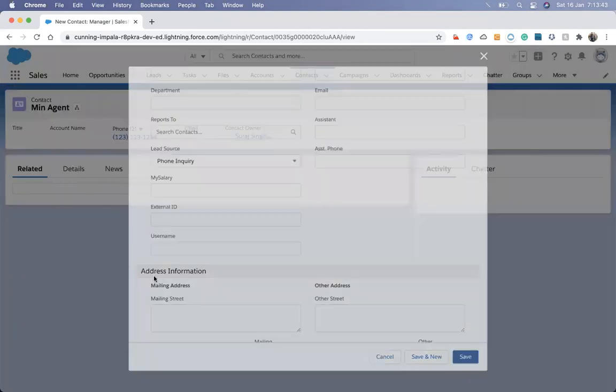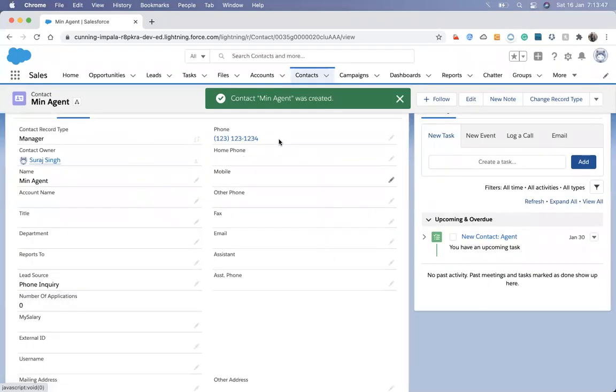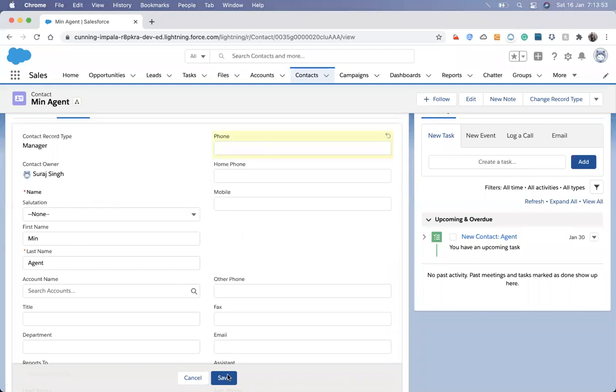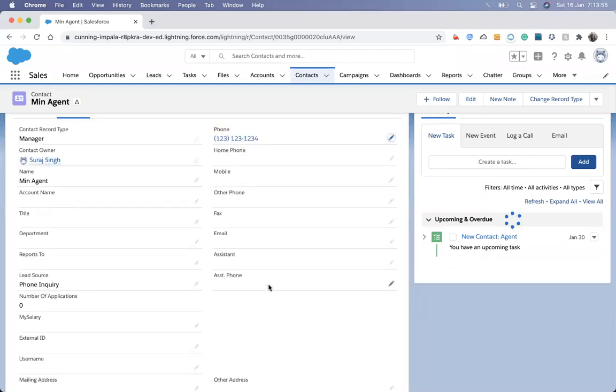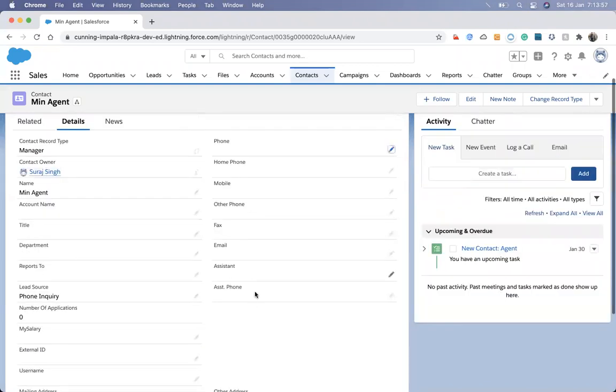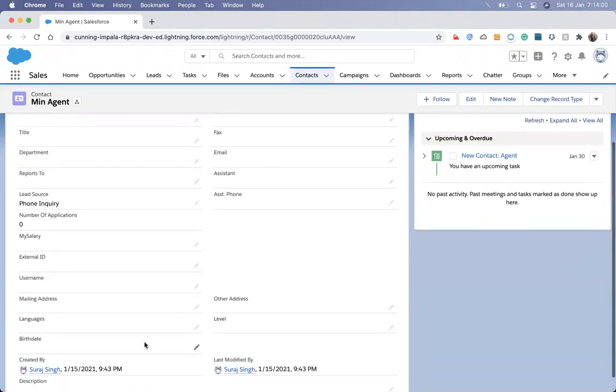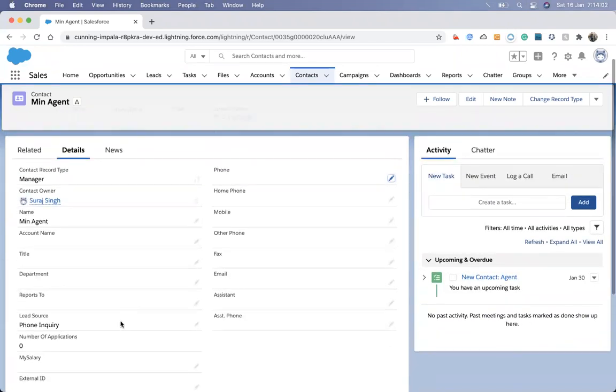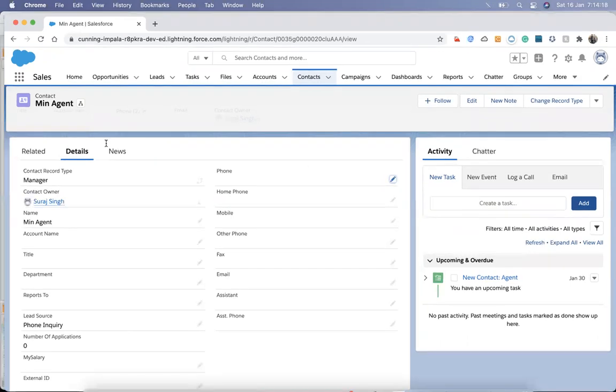Yeah, and I come to here, and it's a phone inquiry, and I make it empty here and hit the save. Now it does not throw any error. So it's an issue: why is it not happening, when it's a phone inquiry and it's null? At that time you have to write a trigger that will handle the situation in the update case.